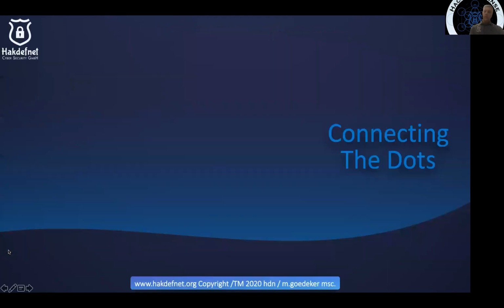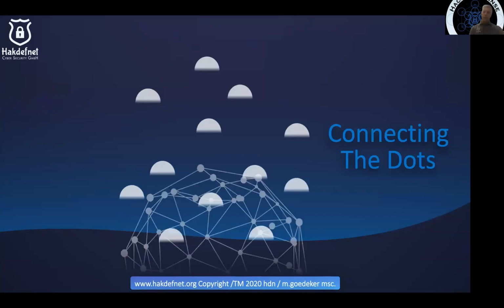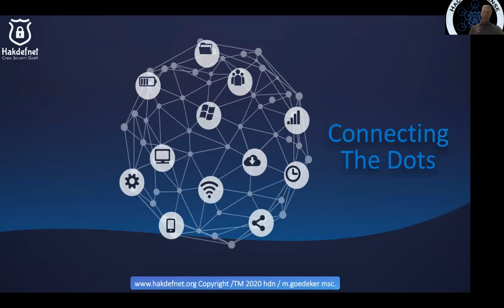Okay, so what we're trying to do here is collect information from various different sources. What we're ultimately doing with the things that we talk about today and all these different types of events that we're having from the security perspective is enabling people, customers, partners, MSSPs, MSPs, everyone that we're working with to connect the dots. And the reality of connecting the dots is that we're working on a multi-dimensional